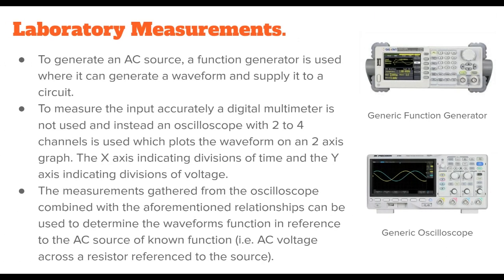To generate and supply circuitry with an AC source, a function generator is used in laboratory settings, which will output a waveform function based on the function selected and inputted characteristics. A standard digital multimeter cannot accurately provide voltage measurements of an AC current, so we use an oscilloscope, which displays the function on a two-axis plot, with the x-axis representing the amount of time the plot represents and the